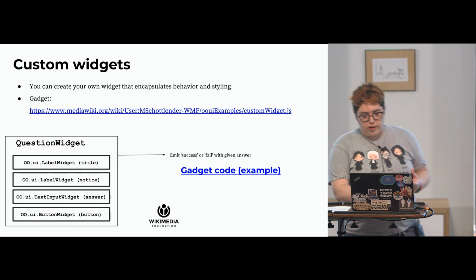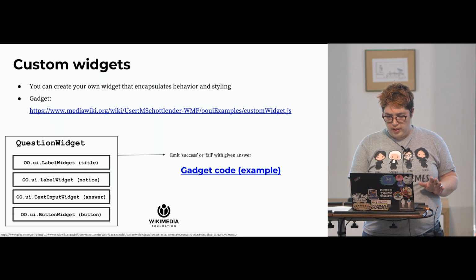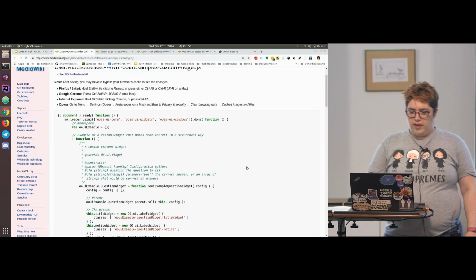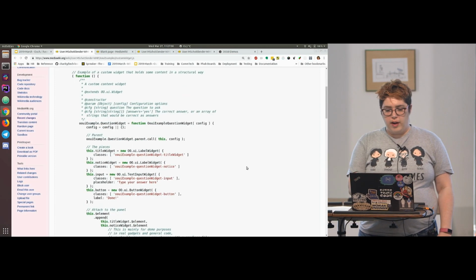So I created another example, and again, all of this will remain online that you can examine, but I created another example in this link. And this one is a little bit, I wouldn't say it's complex, but it's a little bit more elaborate. So in here, I'm creating